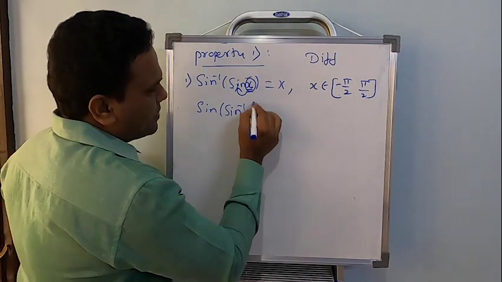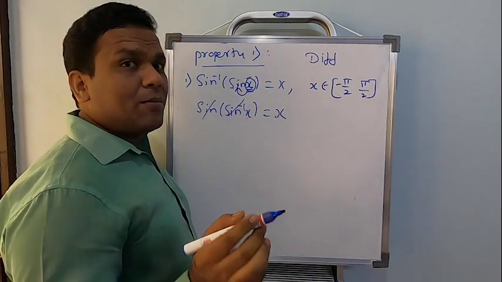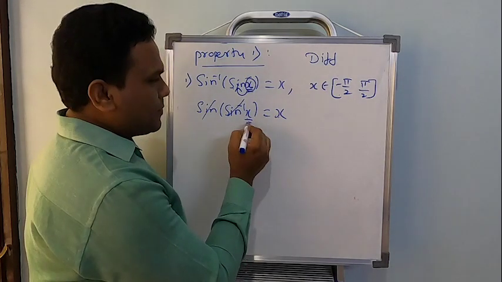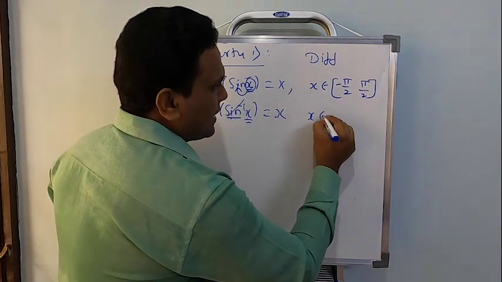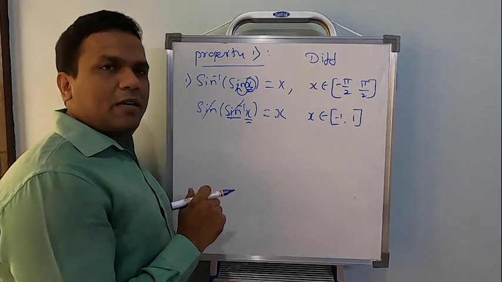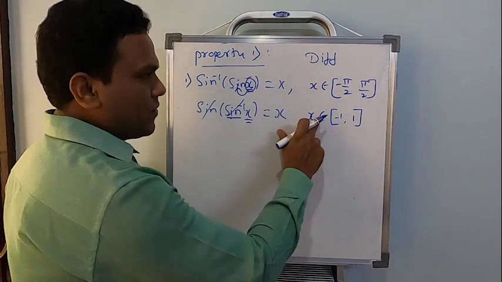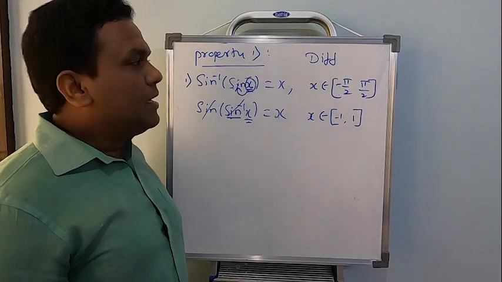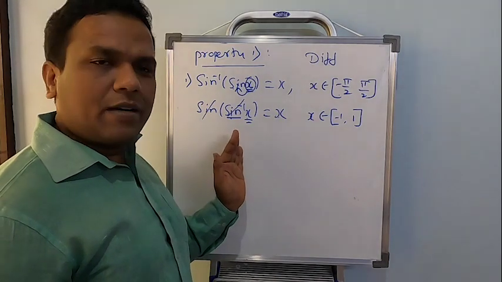Now, just below this, observe carefully. Sine of sine inverse x can also be written as x only. I can eliminate sine inverse sine and write x, but not every time once again. Now look, this time x is present inside the inverse function. What is the domain of sine inverse? The domain of sine inverse was the closed interval minus 1 comma 1. For normal trigonometric functions, the values will be in terms of radians, whereas for inverse trigonometric functions, the values will be real numbers. So this is how the elimination is done, purely based on the domain and range of the trigonometric functions.